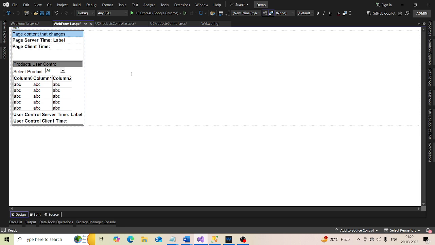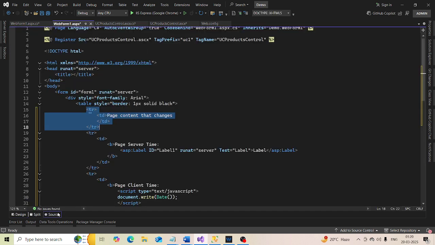This is the user control itself. If you go to the source,